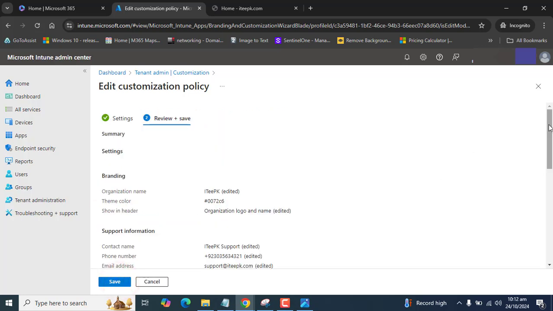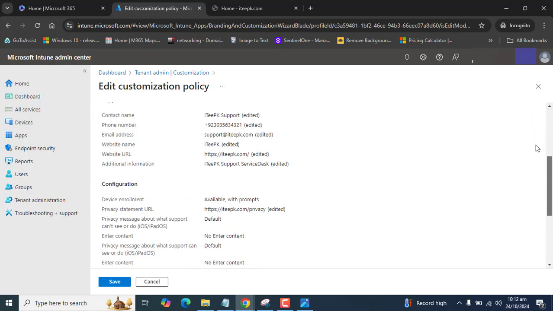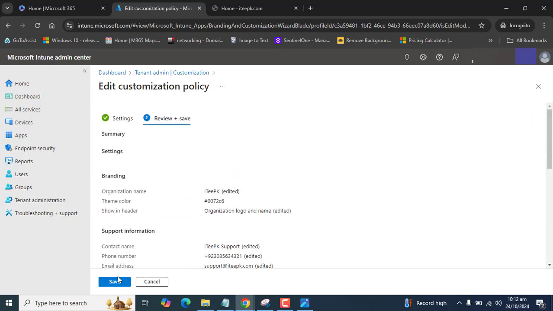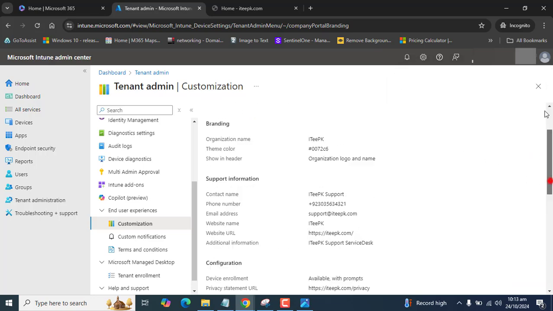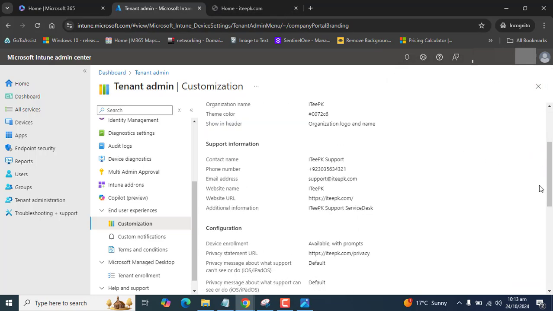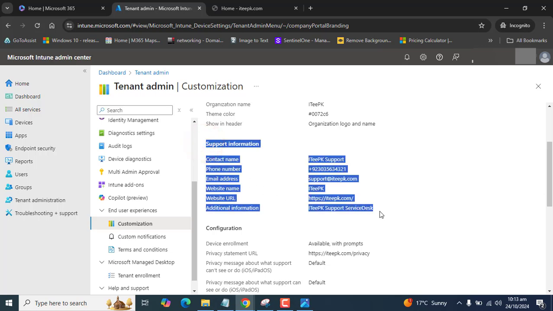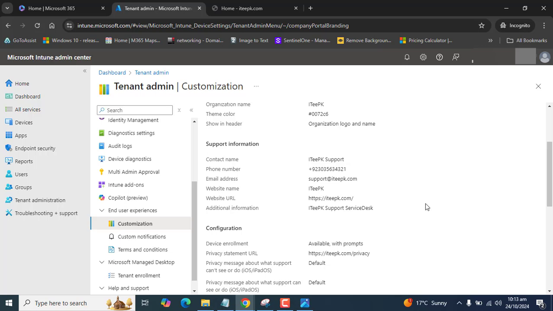Let's review the settings. At this page, you could review all of the settings you have set up here. Then you can click on save. Now the saving of information is in progress. And okay, now we have applied and set up all the support information which users will get in the company portal app or by going to the URL